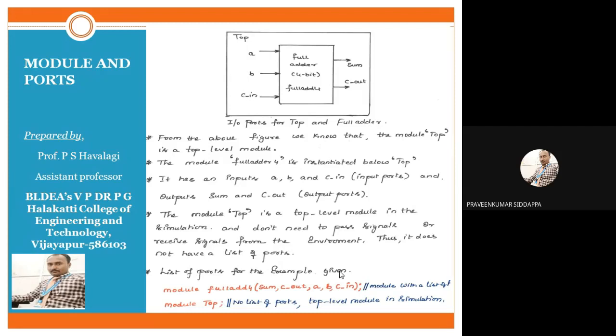We have written these as the list of ports within the bracket, whatever we have mentioned. Okay, so another one I have written is model top. Here model top has no list of ports. There are no ports within the bracket. Why? Because this block is the top level model we are writing. So because of that reason we have written it. There is no list of ports for the top level model.